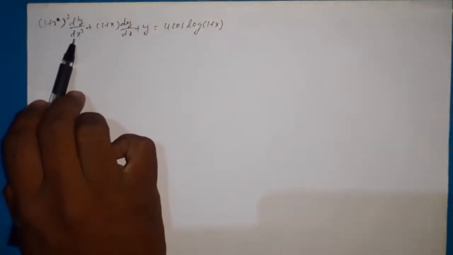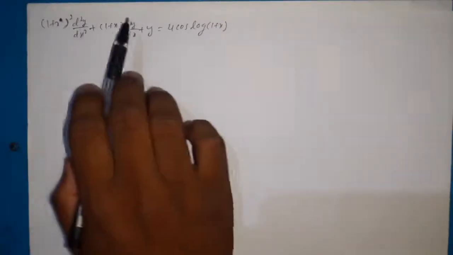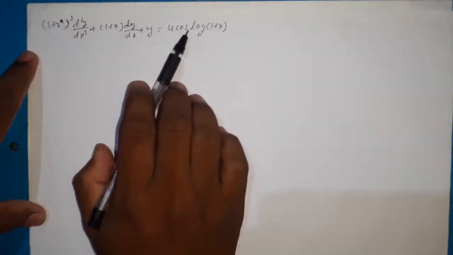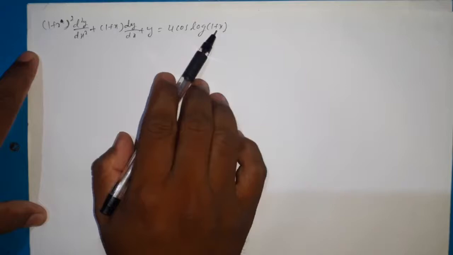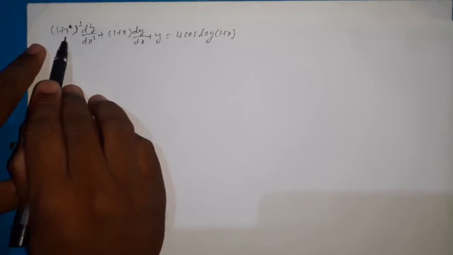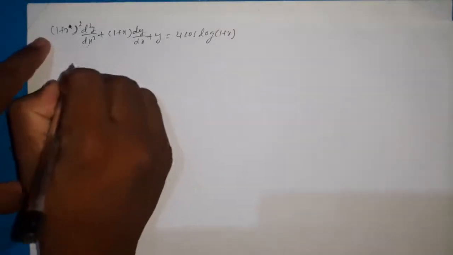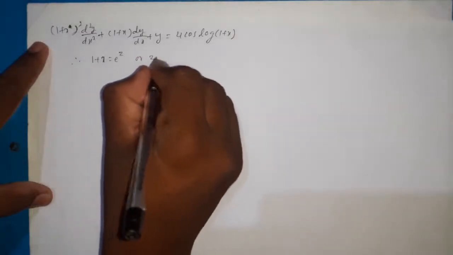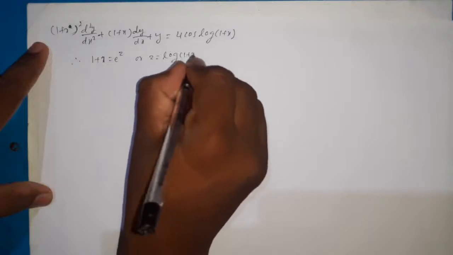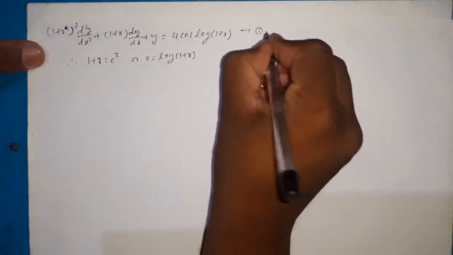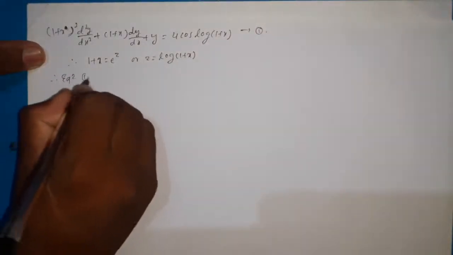Next example, (1 plus x) whole square d square by dx square plus (1 plus x) into dy by dx plus y is equal to 4 cos log of (1 plus x). So here it is a plus bx, where b equal to 1. So therefore now we need to substitute 1 plus x equal to e power z, or z equal to log of (1 plus x). Then by using this substitution, equation 1 becomes,